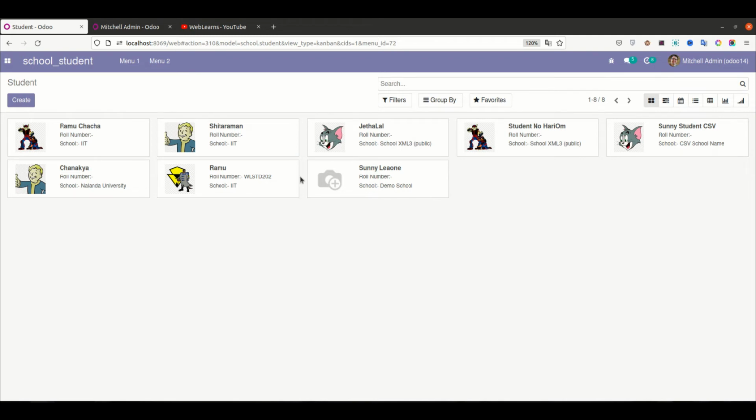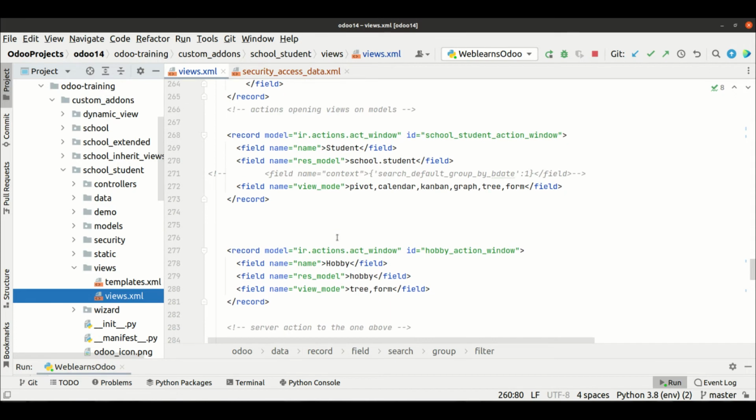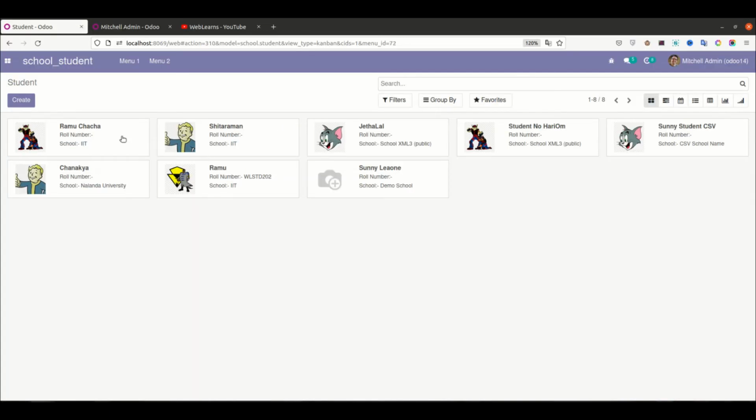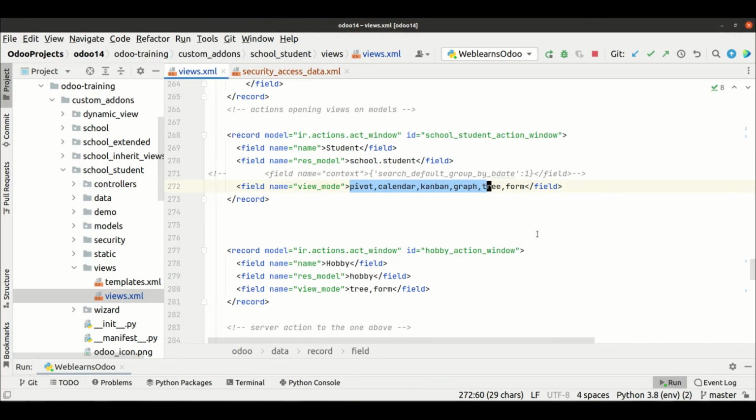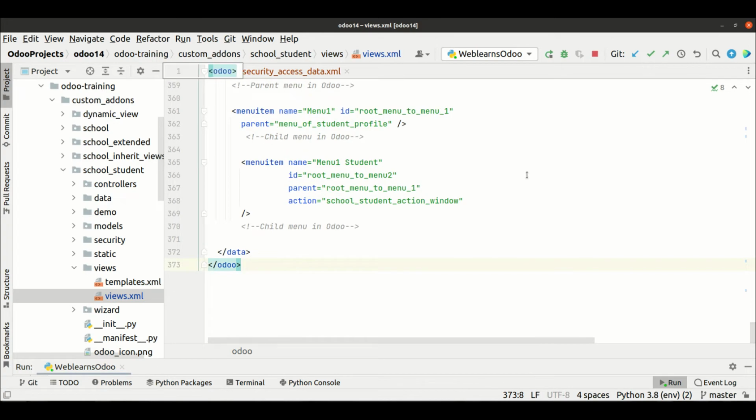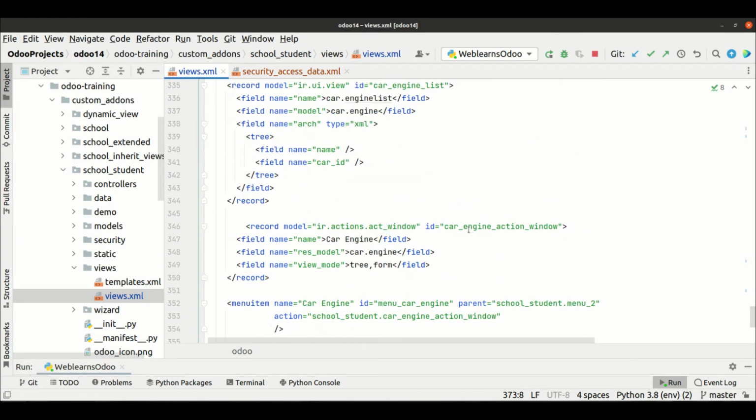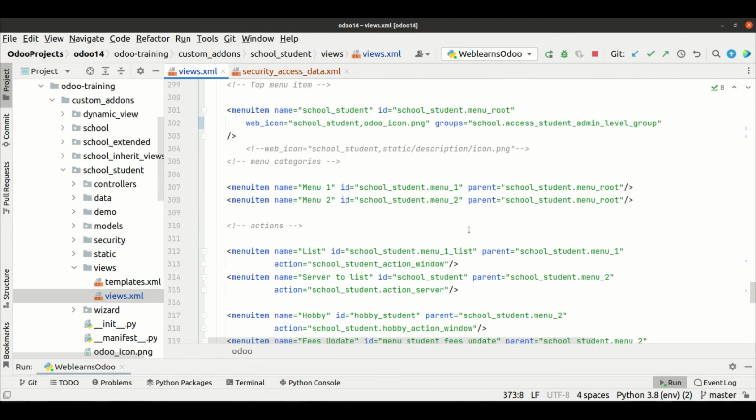Then after, you can also add it at the Windows action level, right? So let me find the Windows action. You can see here this one, right? The pivot, calendar, Kanban, graph, tree, and form views are available. So you can see all this information is available. Now what I want to do is add security at the Windows action level. So for that,